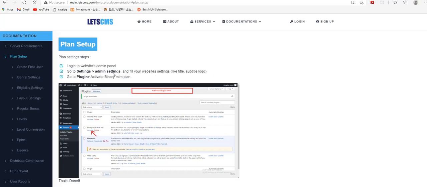First of all, you need to have the binary MLM plan pro plugin, and you don't need any other supportive plugin to run this plan. But if you don't have email settings or email functionality, then you need to install an SMTP plugin.